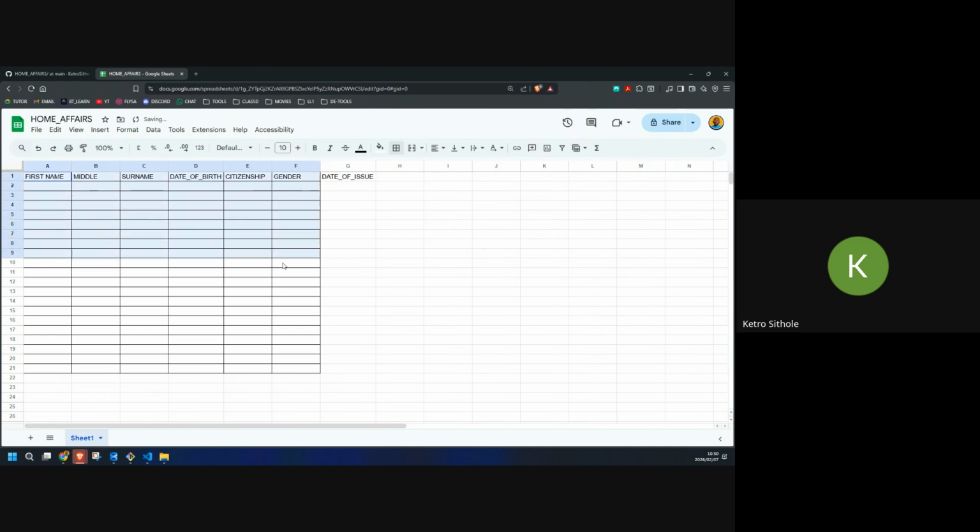So this is basically simulating how a real world data case scenario would look like, right? What else is there on your ID, guys? What else is there on your ID? You can just pop it on the chat. Okay, let me just get my thing just to see what's there. So there's your surname, there's your names, there's your